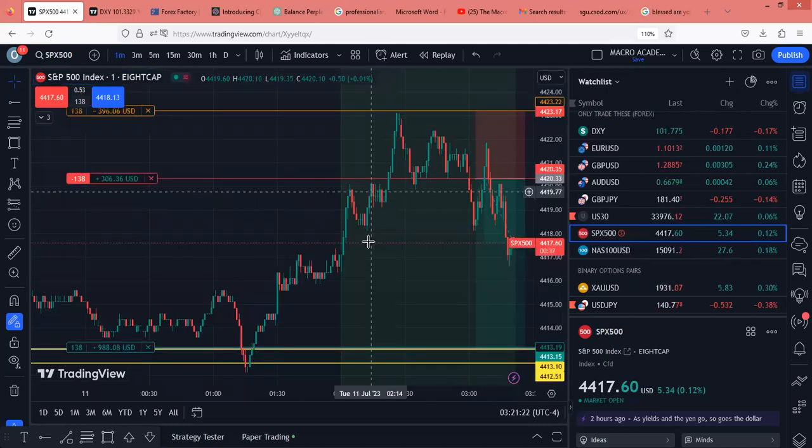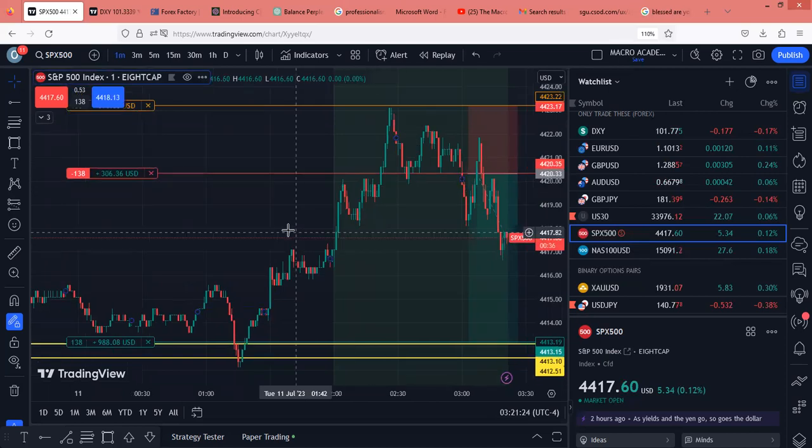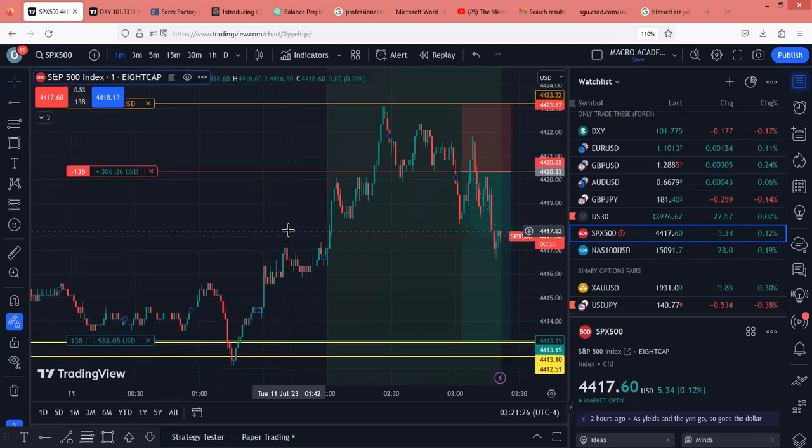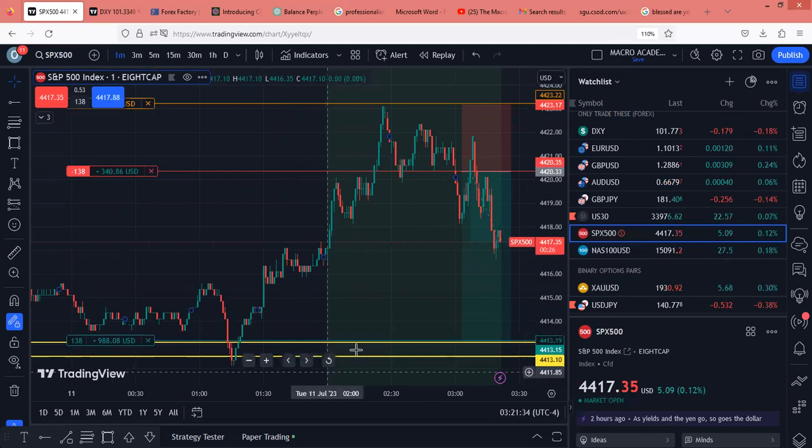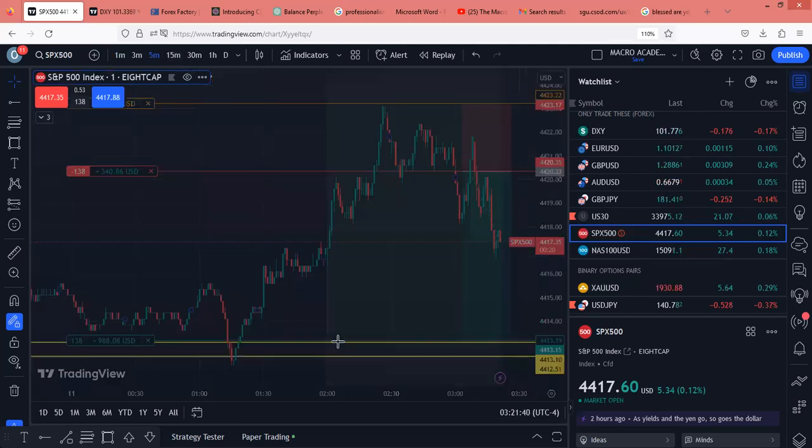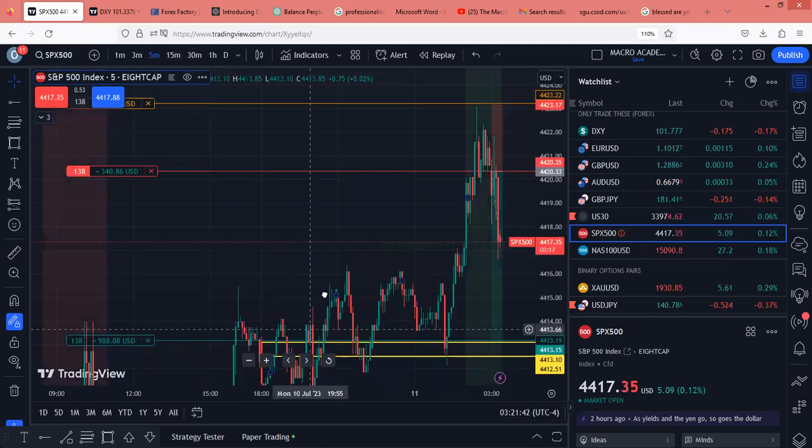So how did I get my bias? Regardless of what I think, if you notice, I didn't look at the higher time frames. I didn't look at where we were. All I needed to see was that in the London session, in the London Q zone, between 2 o'clock and 5 o'clock, price was here to fill this new day opening gap. How did I get the new day opening gap? It's very simple. Once you go to your S&P, or your US 30,